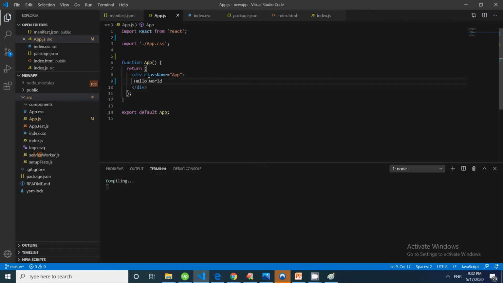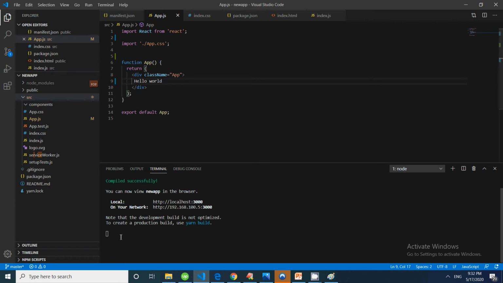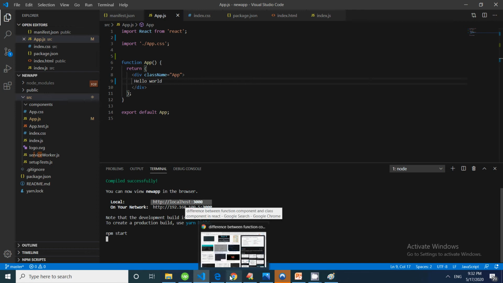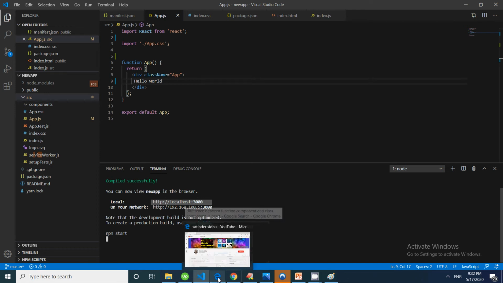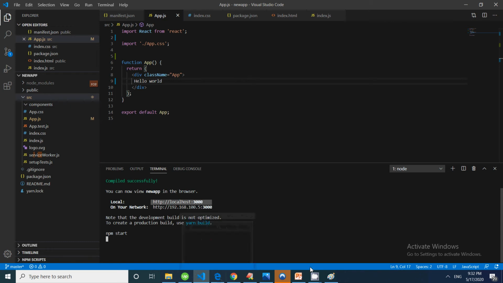You can see it's compiled, and if you want to run it, npm start. You can already see that this is working on localhost 3000. You can open it in any browser to check how it looks.